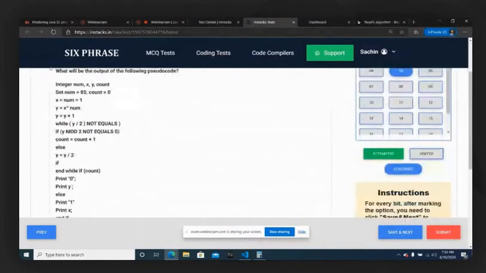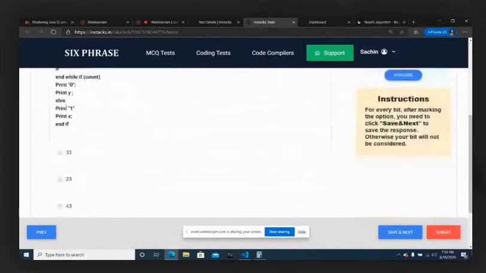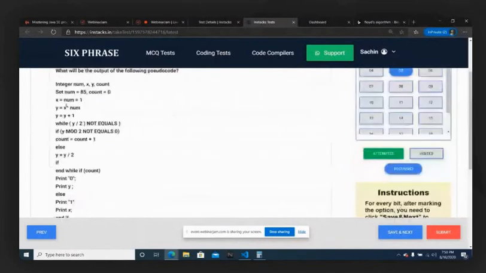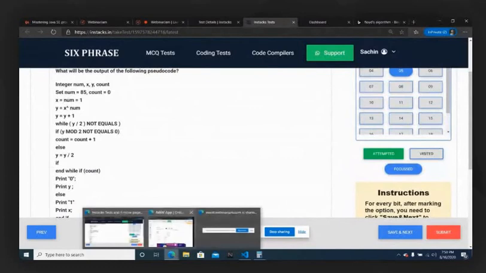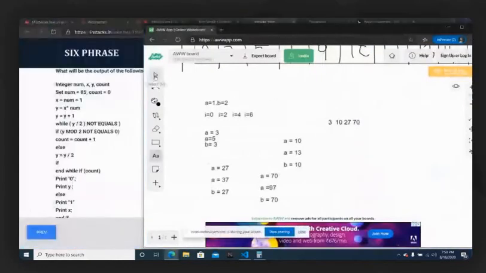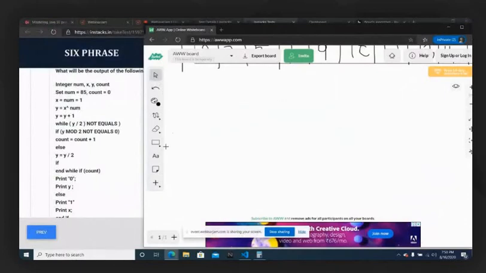Okay, next. The next one is a little long, a long question. Here there is a variable num with value equal to 85. So let us take a variable called x, and num is by default equal to 85, and you also take a variable count and it is equal to 0.